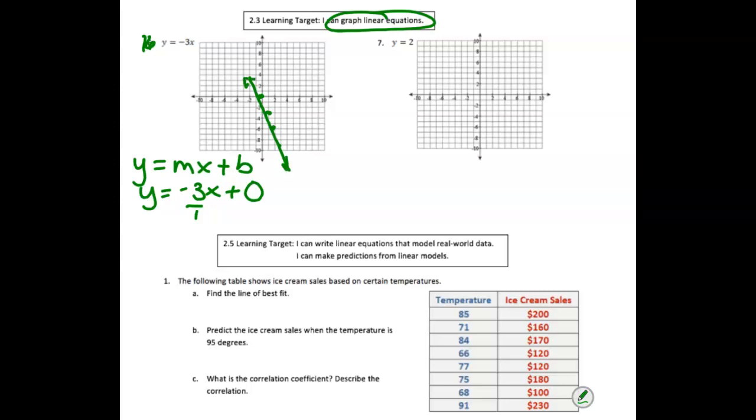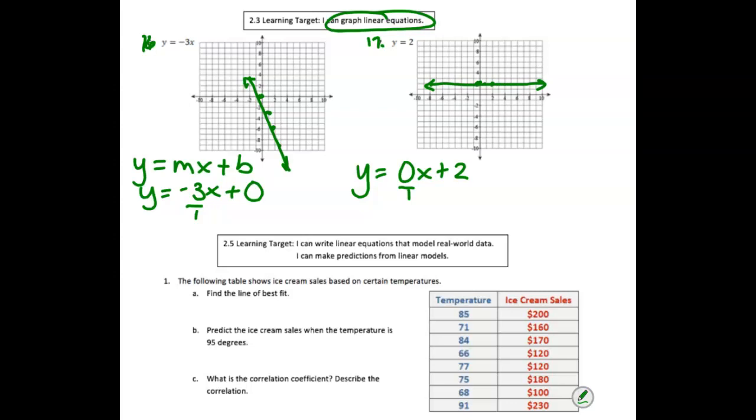Okay, question 17 says to graph the equation y equals 2. Since there is no x, you can think of this as y equals 0x plus 2. In other words, we're going to have a y-intercept of 2, but a slope of 0. That means we're going to rise 0 and run 1. So rise 0, run 1. What you should be getting is a nice horizontal line here that goes through the y